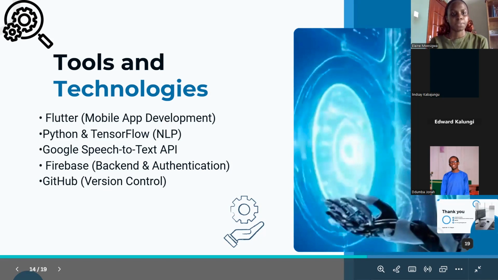And then we have Firebase, which is responsible for the back end, that is hosting and also storage of data in the cloud, and also authentication of user data and data privacy, and also ensuring that a user is able to access their data across different devices. And then GitHub is the platform we are going to use to manage and store the code for developing our application, and also version control, where we are able to do rollbacks in case a newer version is having errors.